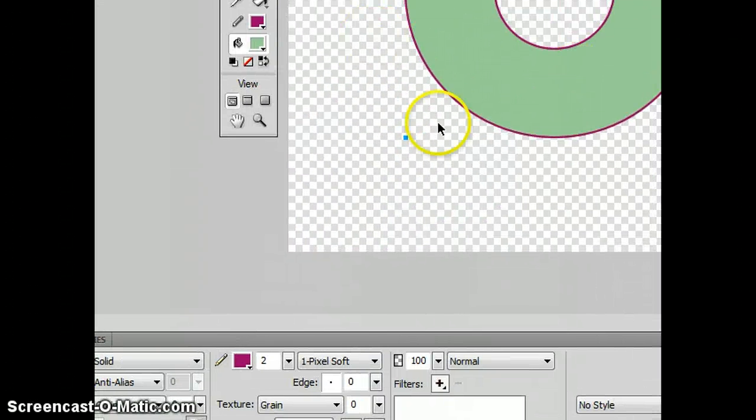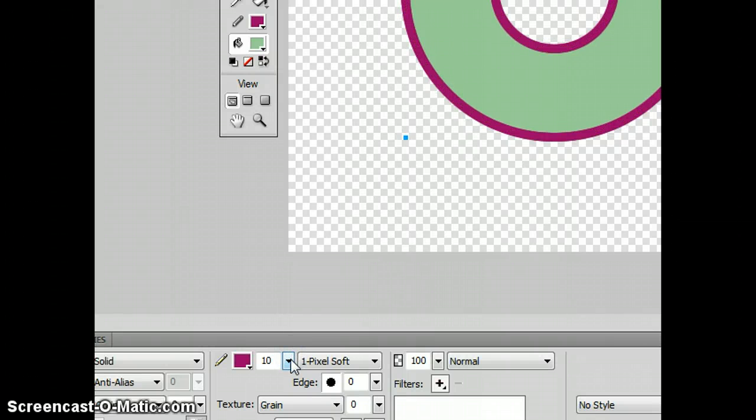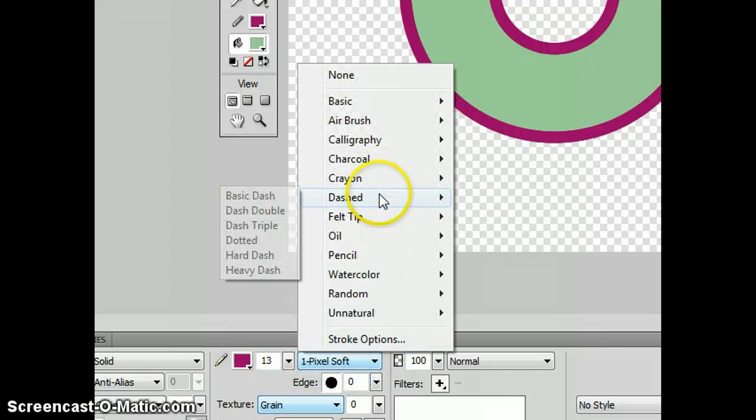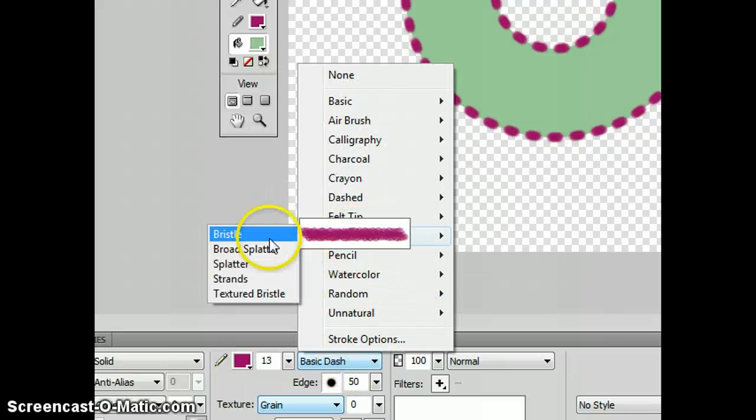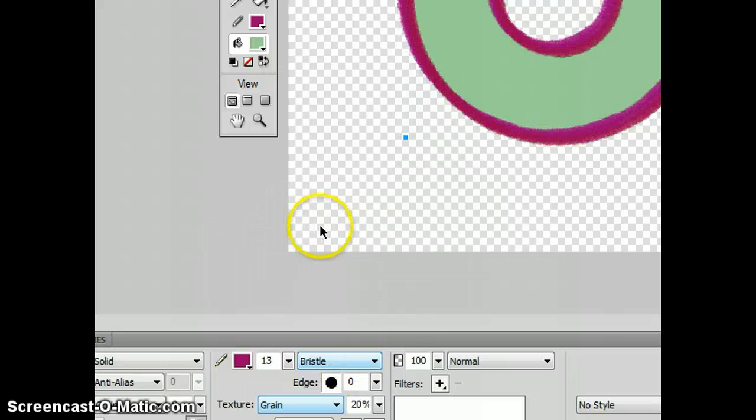If I go down here, just watch what happens when I manipulate the stroke size. So I'm going to manipulate the width to 4, so you will notice that the stroke is getting thicker and thicker. You will also notice that in this region, the properties, this whole area allows you to manipulate the stroke. So I can make it dashed, or I can go and assign a bristle effect,